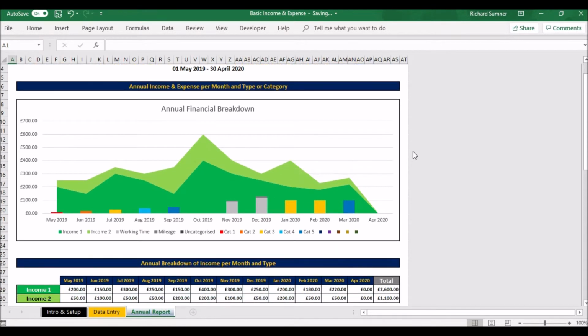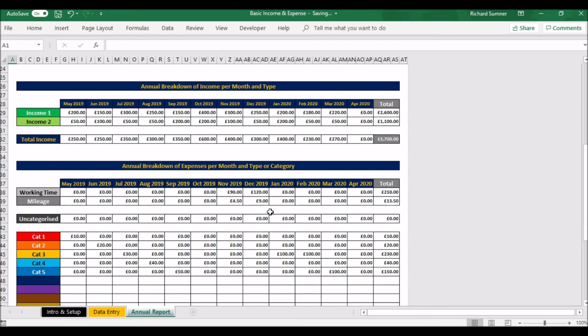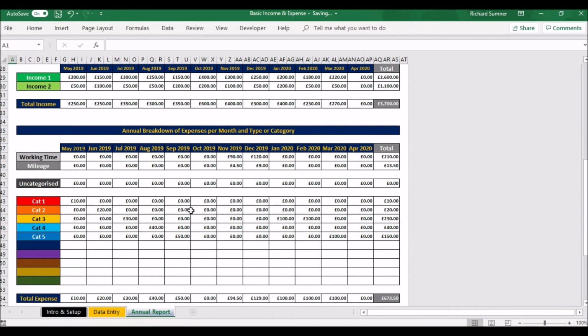You've got your annual financial breakdown. You can see money in, money out, money in the two different categories in the background, the green, and all of your expenses broken down into different colors for each category. As you scroll down, you can see all of your income per month, income 1, income 2 with your total income. You can see all of your expenses, working time and mileage. That working time and mileage is as a monetary value, which is based on what you put on the intro and setup tab